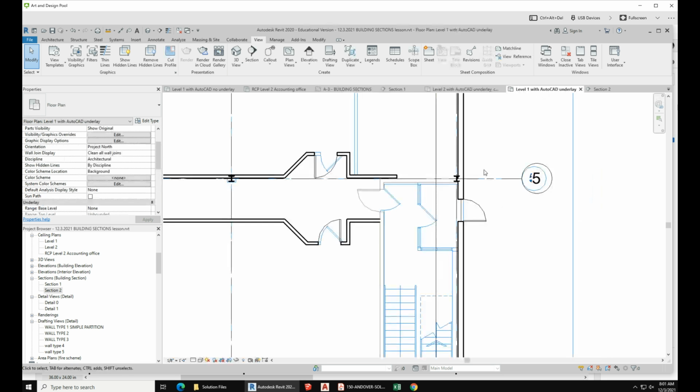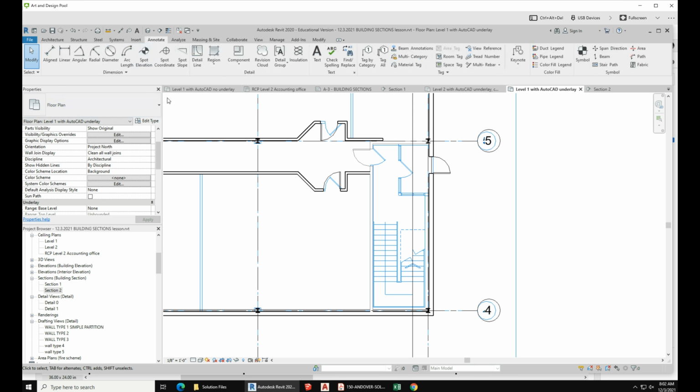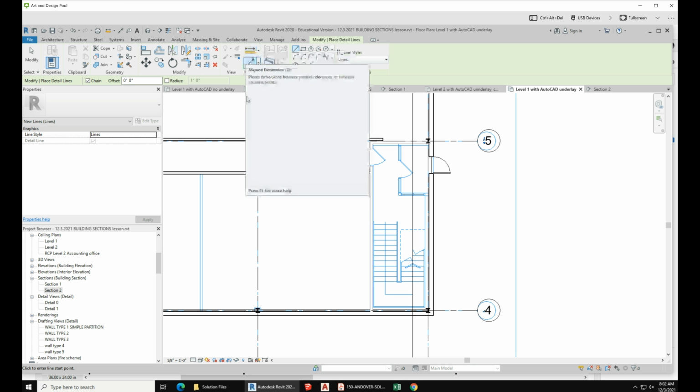Let's go back to the plan drawing and let's draw some dimensions and guides. So it's a good idea when you're drawing stair, even though Revit has a method of generating stairs automatically by drawing its boundaries, it's a good idea to draw some lines. And I'm going to use the line style lines. Actually, let me make one that stands out a bit more. So I'm going to go to